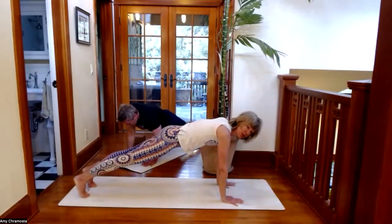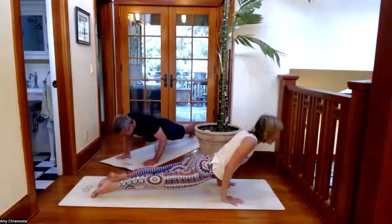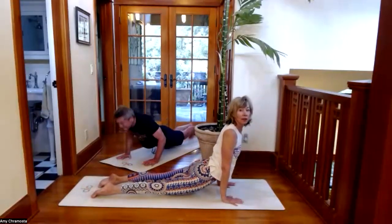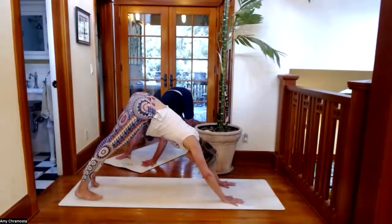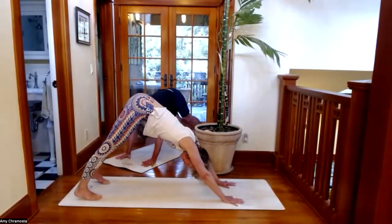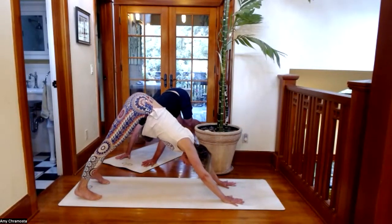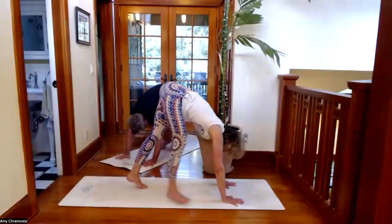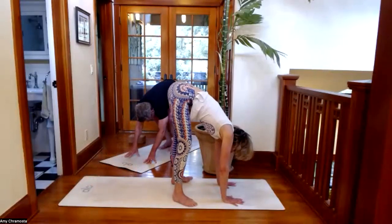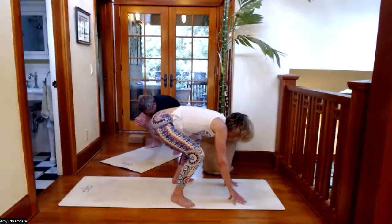Let's take a vinyasa or just meet in downward dog. High to low, cobra or upward dog, downward dog, soft eye gaze. Steady breathing. Shake out that head. Keep your hands where they are. We'll walk our feet towards the heel of our hands, but let's find our way into our squat. So our feet are on a 45-degree angle. We lower our hips